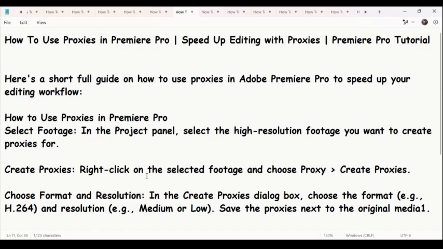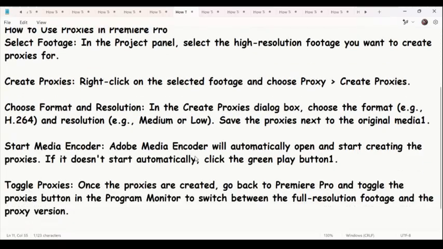Save the proxies next to the original media, and after that start Media Encoder. Adobe Media Encoder will automatically open and start creating the proxies. If it doesn't start automatically, click the green play button. After that, once the